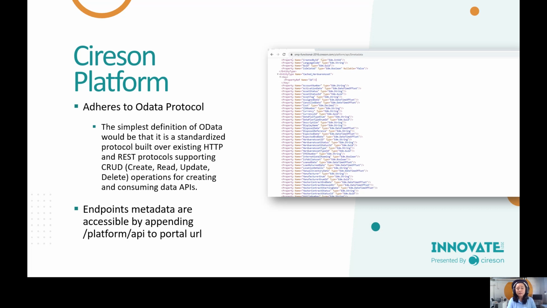Then these platform endpoints, or the metadata, are accessible by appending /platform/API to the portal URL. You will see more of this as I go over the demo in a bit.